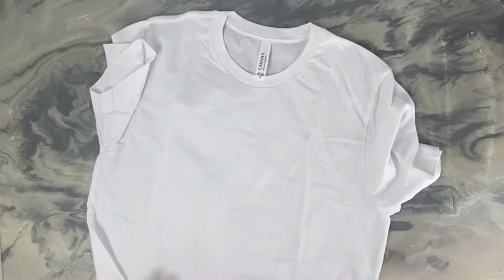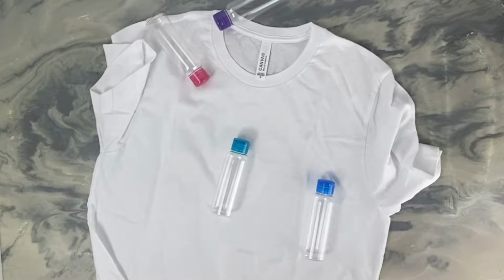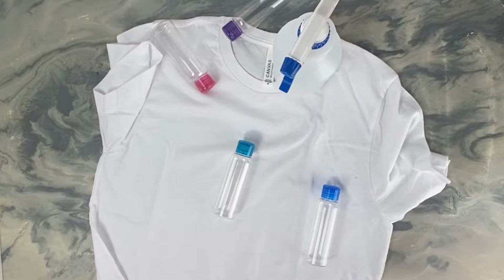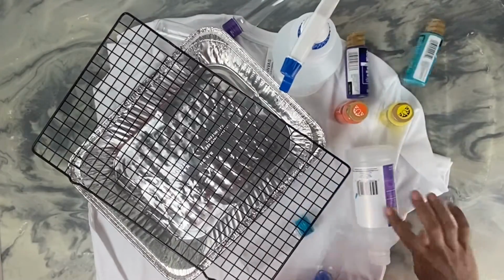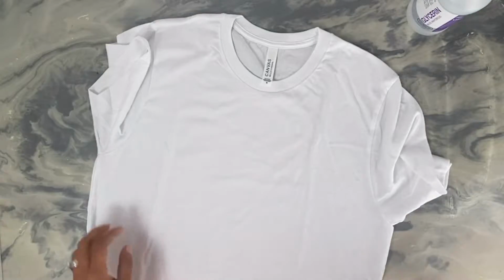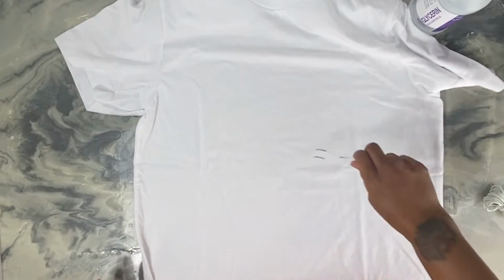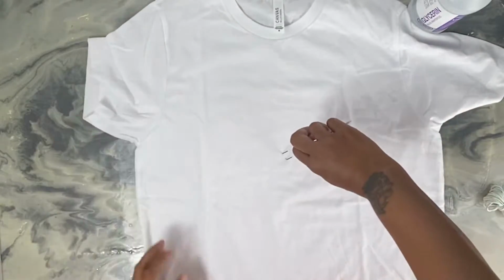Usual, the first thing you're gonna do is grab your supplies. I used a Bella canvas shirt from Jiffy Shirts, and I got these little containers from Walmart, and they're just like personal care containers. I used a cookie rack and a disposable container to sit my shirt on. I used tweezers to spiral my shirt, but